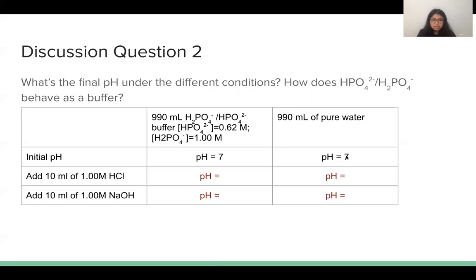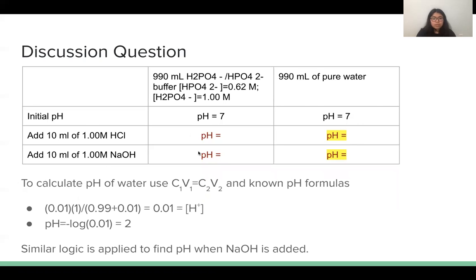Now, what happens if you add 10 milliliters of a 1 molar HCl, that's an acid, and what happens when you add 10 milliliters of a 1 molar strong base, NaOH? What's that going to do to your water, and what is that going to do to your buffer solution? Well, let's start off with our water, okay? So with our water, the best way to do a calculation here is to do a C1V1 equals C2V2 calculation,